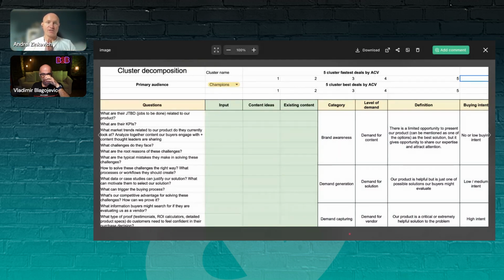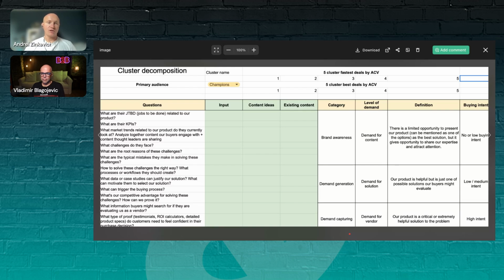Here's the challenge. Let's say the missed revenue targets because of siloed marketing and sales and long sales cycles. Let's say this is the challenge of all of our target accounts. And then what is really, really important? If you can't focus on multiple buyers, you need to define the core role that you'd like to focus on. Let's say the champions. Who are our champions? Let's say VPs of marketing.